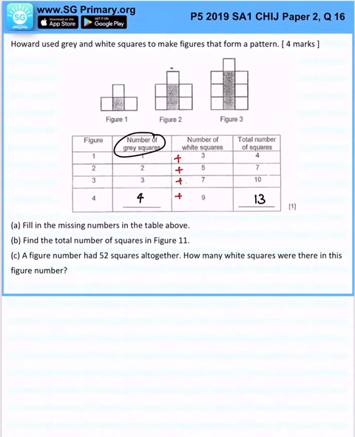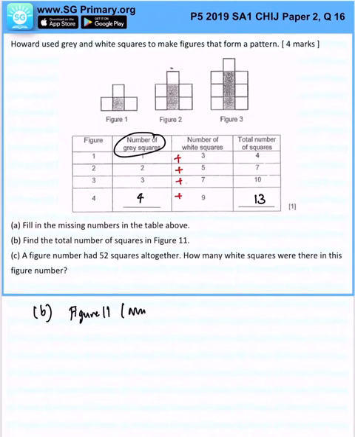Notice that the pattern for the number of white squares follows the formula: 2 times the figure number, then add 1. Right? 2 times the figure number, then add 1. So therefore, for part B, for figure 11,